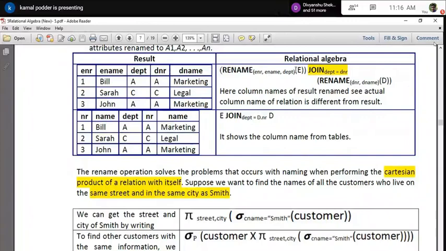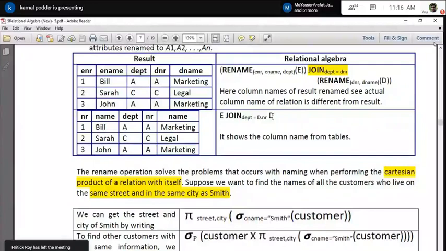But while joining these two, I want to rename the columns which exist in E. If you really want to do that, first we rename the columns. I can rename the columns in this way. It is like when you are writing the select clause, after each column you give an AS clause and give the alias like this.